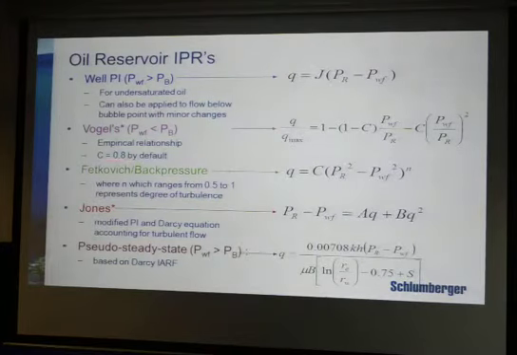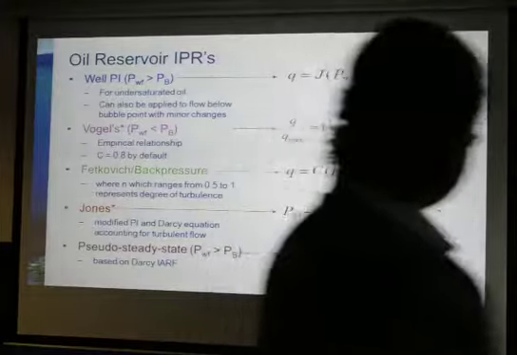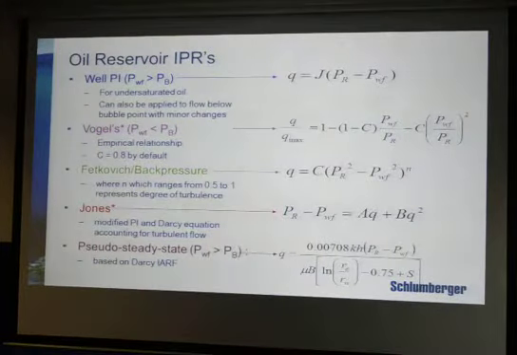There is another, Fetkovich, when you have effects of turbulence. Then you have Fetkovich equations, where you find the pressure in terms of squares. So it is a quadratic equation of pressure. This equation is also a quadratic equation if n is 1. So these two equations are similar in nature, but this one has another coefficient n, which can range from 0.5 to 1. So it has a wider range of acceptance.